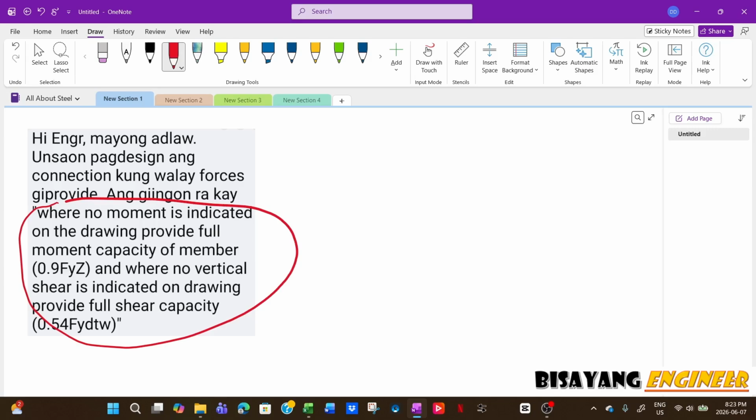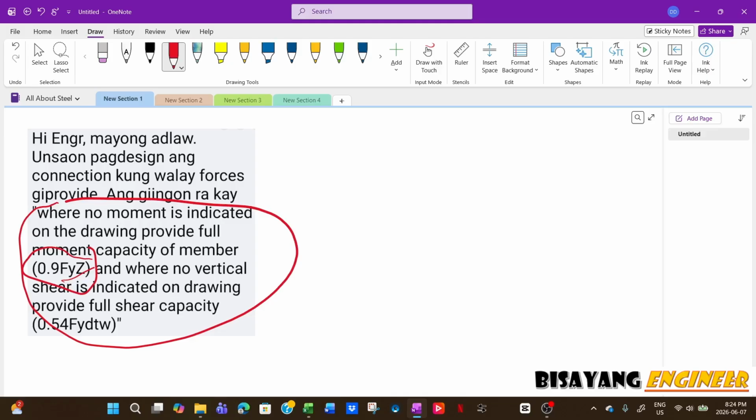But this one, what I noticed is it says if there's no moment indicated in the drawing, it will be designed for the full plastic moment capacity. If this is the typical call out in the drawing, that all connections will be designed based on this plastic moment, it's gonna be really expensive because